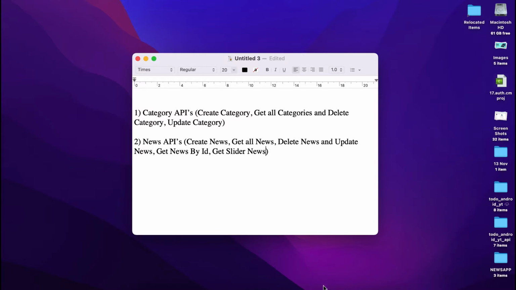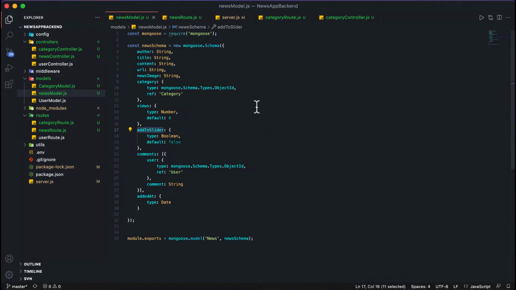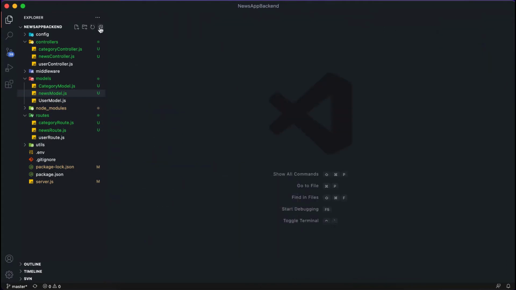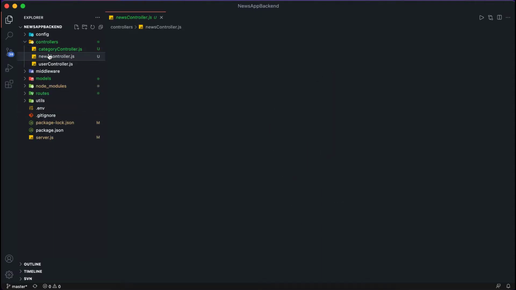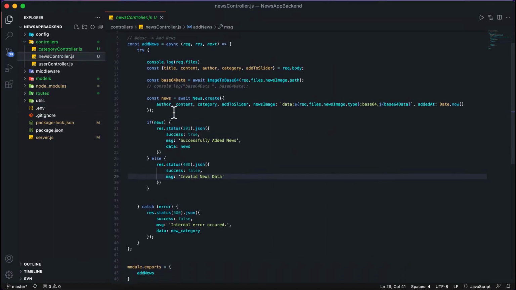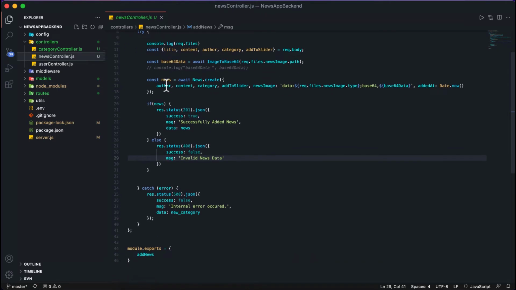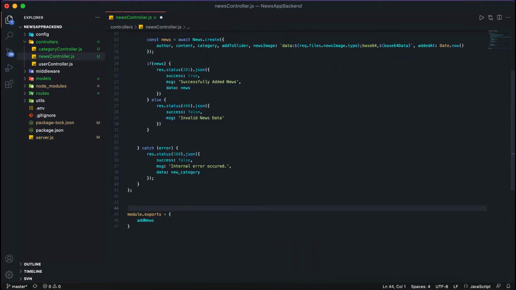So I'm opening my base code. So here is our project. So I'm closing everything here. Then I am collapsing everything. Then I will open the news controller here. So here we added only one endpoint, that is add news, means one controller. So now we'll add another controller, that is to fetch